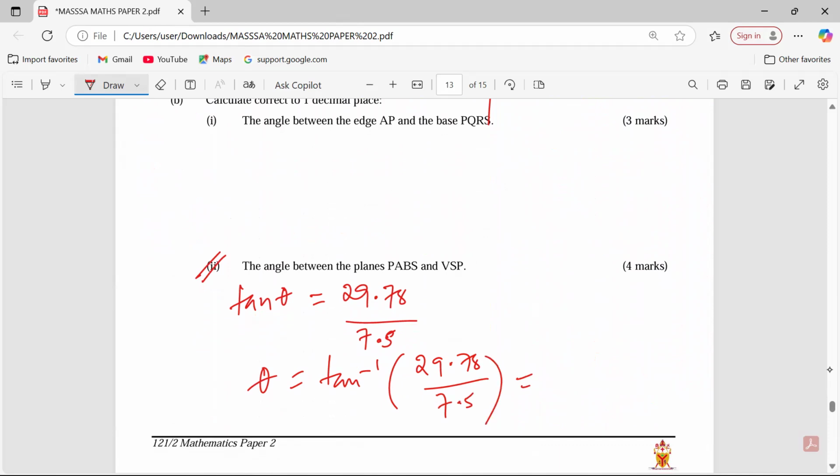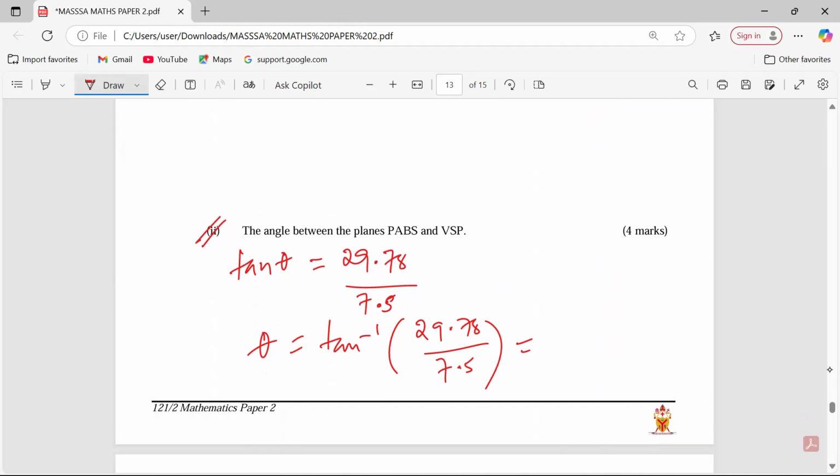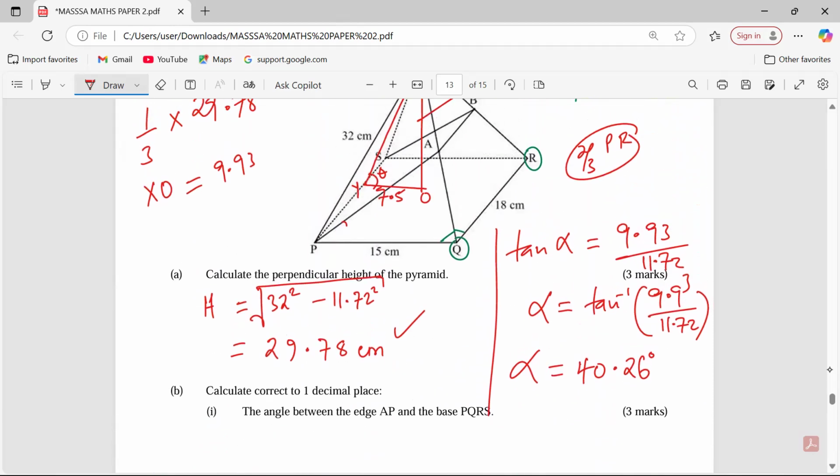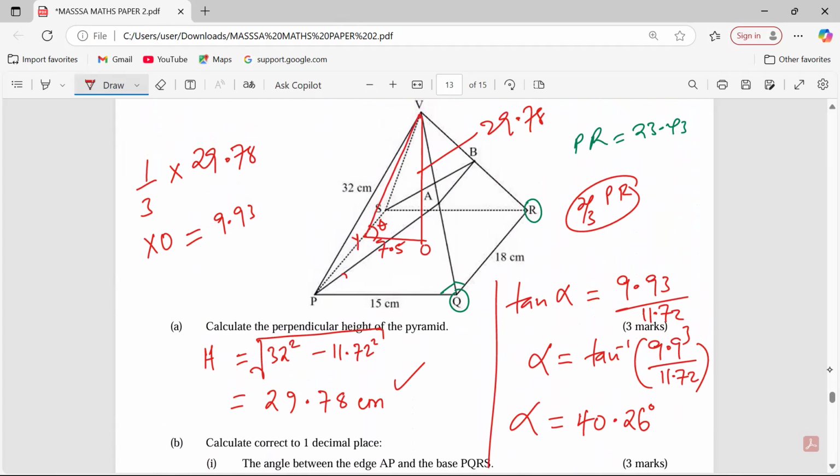So what are we going to obtain in this case? 29.78 divided by 7.5, then we take shift tan: 75.86 degrees. Then now we will talk about the plane which is at